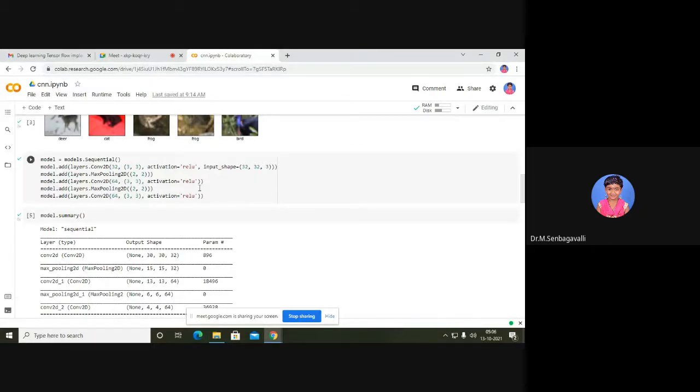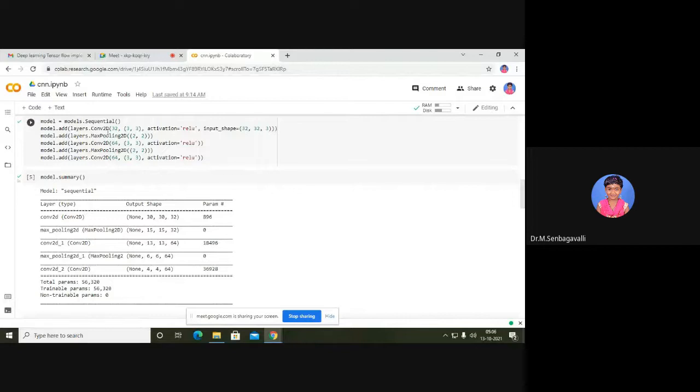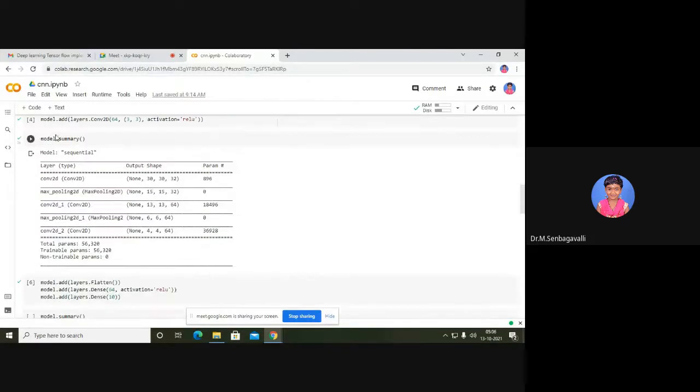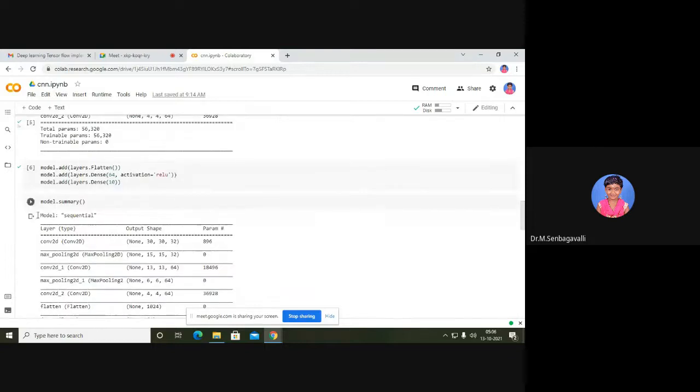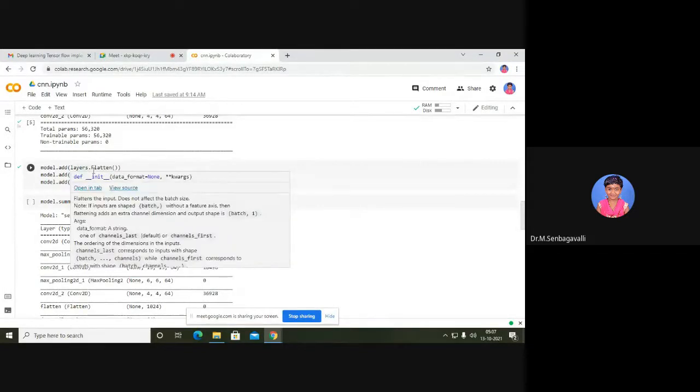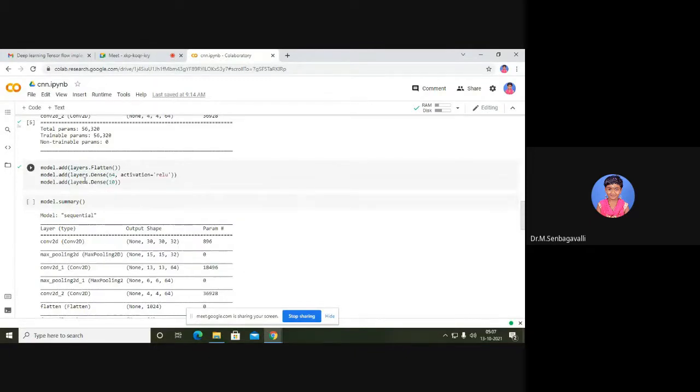Like that we have to include this, and apart from that we have to include the pooling layer and the convolutional layer, pass everything, and go for a summary of the particular model. You can get it by compiling this code separately, and you will get the details. Once we go for a summary, we can go for a dense layer, because I told you there are three layers: convolution layer, pooling layer, and dense layer. So we have to add the dense layer, and I told you very clearly why. Whatever input we give with the help of the pooling layer or the convolution layer, finally with the help of a dense layer only we provide the solution.